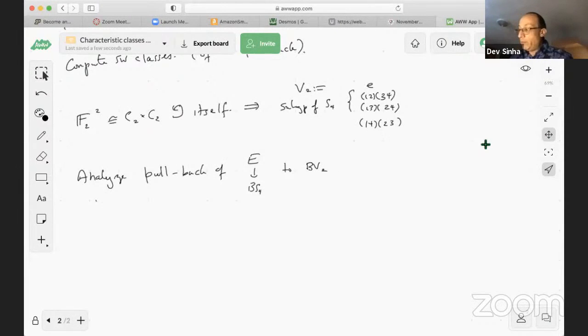Okay, so BV2 is a product of RP infinities. So these are going to be some bundle over just a product of two RP infinities. And we've got this permutation presentation of V, and I claim that there is